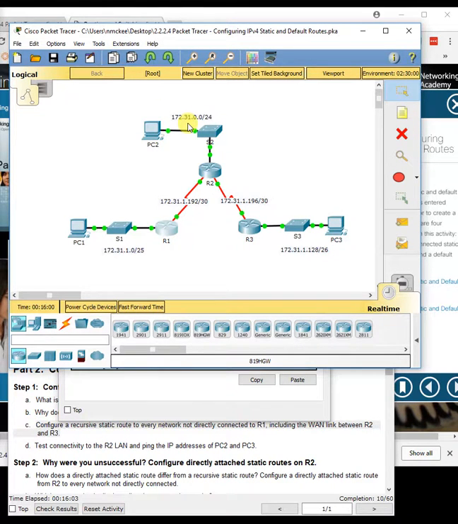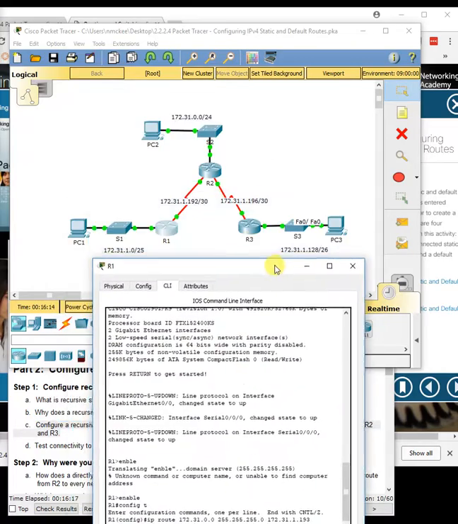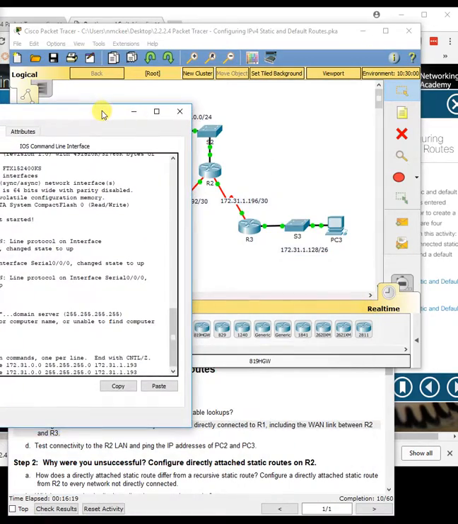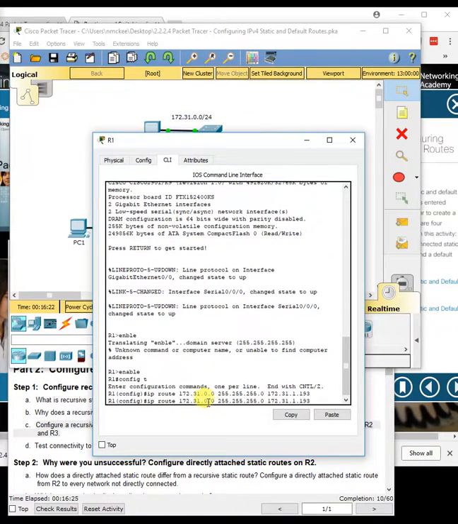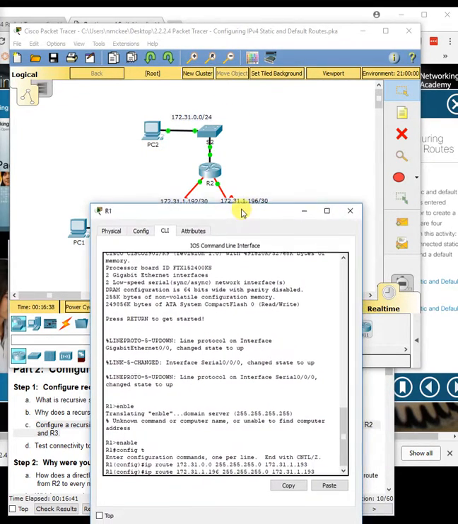All right. So we've done this remote network. We need to do this network, and we need to do this network. All right, so let's just do this one in order because it's the next one in line. All right, so 172.31.1.196. Let's go back. 1.196. All right, and